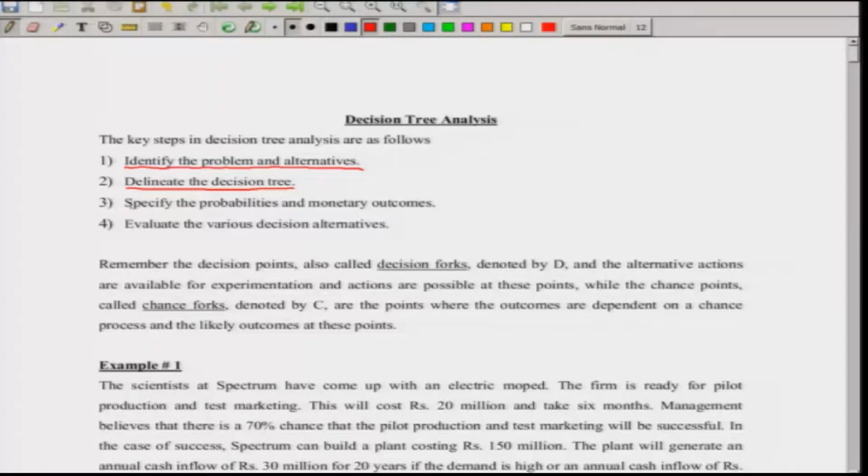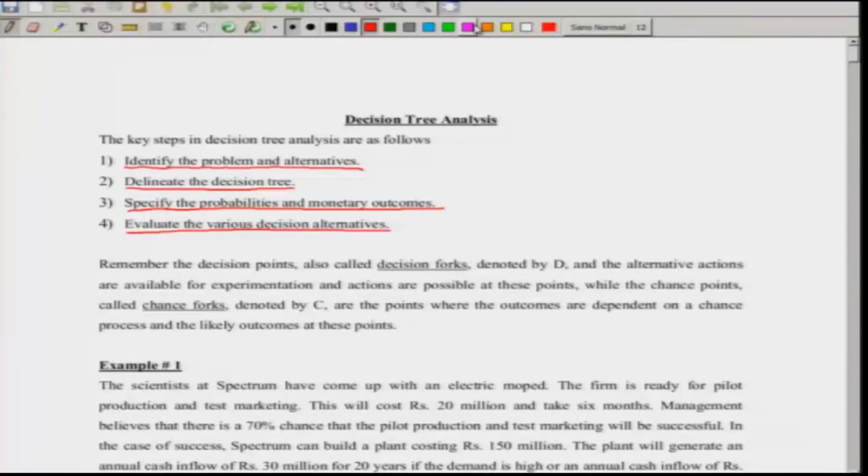In the fourth stage, obviously, we have delineated the decision tree, drawn it, and specified the probability. So, what is important is the probabilities and the monetary outcomes, and the next stage would be to evaluate the various decision alternatives which are there. For example, for car A, B, C which I mentioned, you will take all the paths considering all the alternatives and arrive at the decision that will give you the best benefit. The word best I am using specific to one person who is taking the decision.